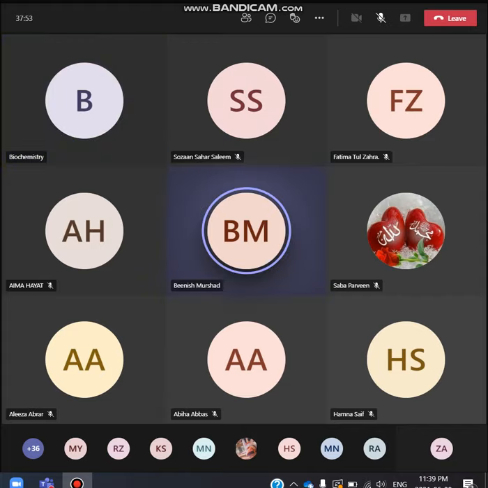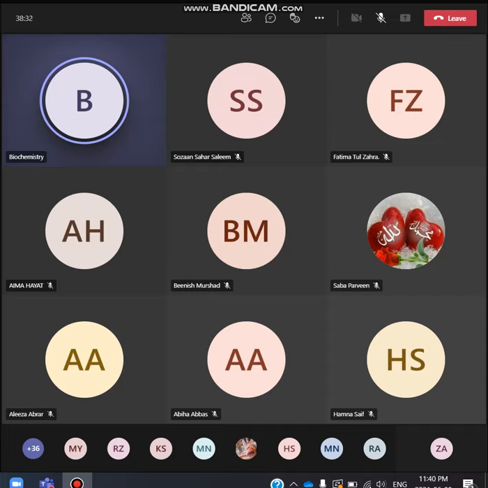Ma'am, please explain why the violet color appears. Yes, the violet color is this: as soon as you do it the first time, we will discuss the whole table. You will get the deep blue color with the iodine solution when there is the presence of starch, which is the confirmatory end point. But after 3 to 4 minutes, when the starch has been hydrolyzed a little bit, there will be a change in the color of the iodine solution. It will not remain deep blue, it will become violet.